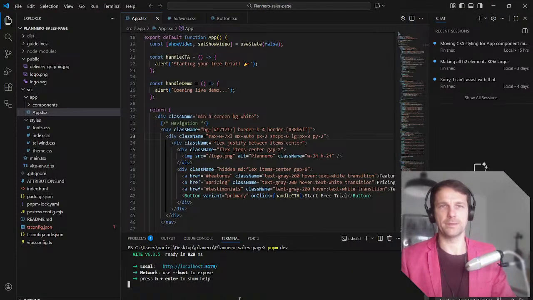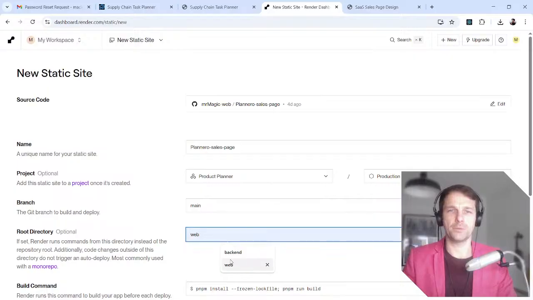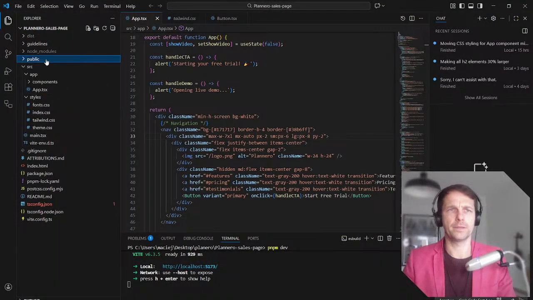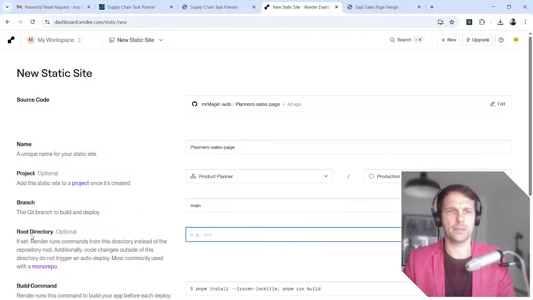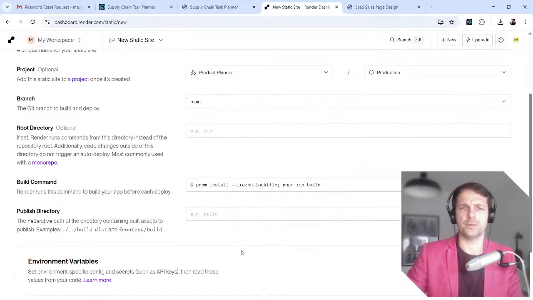I think it's main. So we have our main branch. So we plug it here. Root directory, probably source, is it? I think so. Or maybe it's just main. Okay, let's just play with that one.